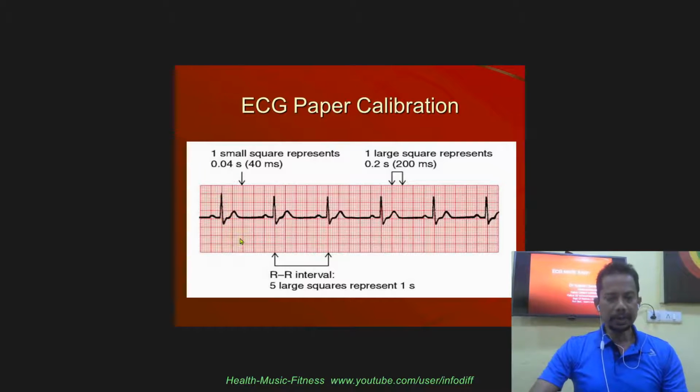Another thing to remember at this point is, from an electrical point of view, there are only two chambers. There are four chambers: left atrium, right atrium, left ventricle, right ventricle. But from an electrical point of view, there are two chambers, atrium and ventricles, because the QRS is the sum total of the electrical activity of both the left ventricle and the right ventricle. Similarly, the P wave is a sum total of the electrical activity of the left atrium and the right atrium.